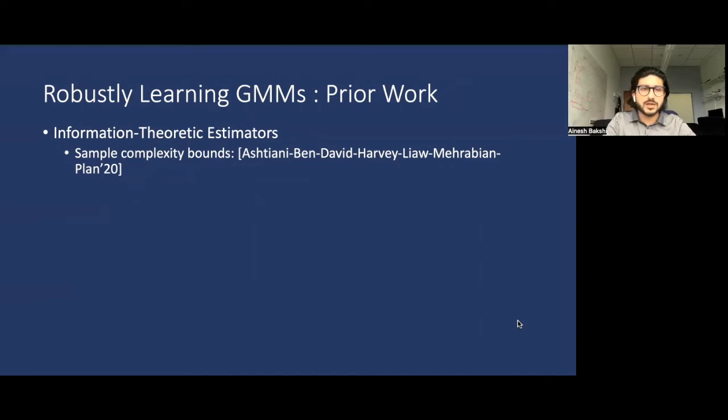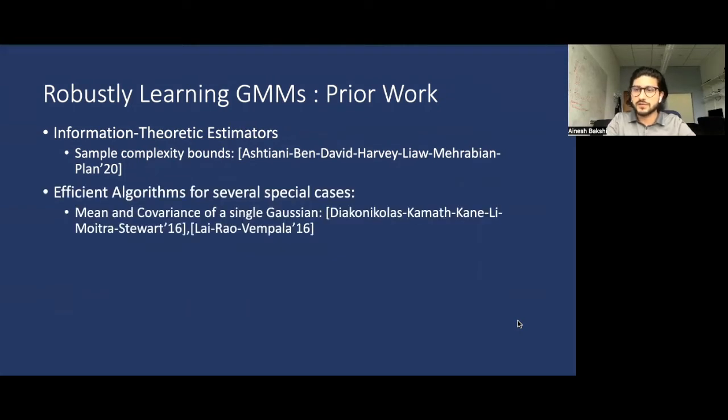In recent work in 2020, Ashtiani et al. obtained tight sample complexity bounds for learning Gaussian mixtures. However, the corresponding algorithm is not efficient. In the context of efficient algorithm design, several special cases have been considered, starting with the breakthrough works for estimating